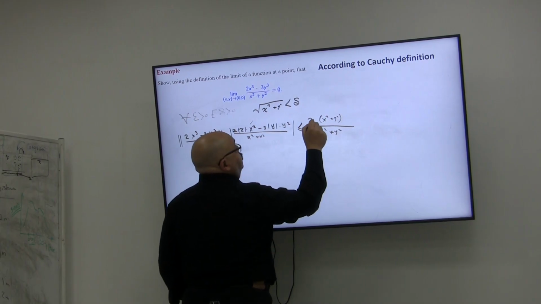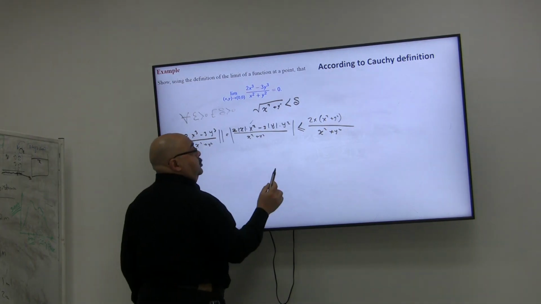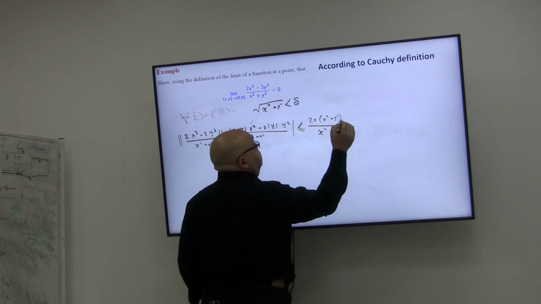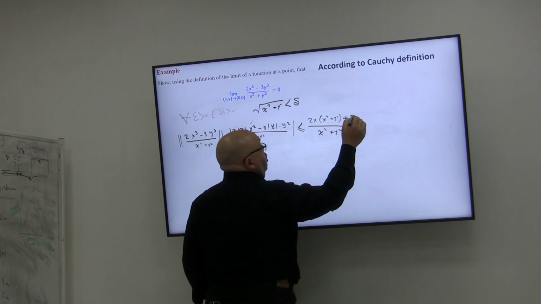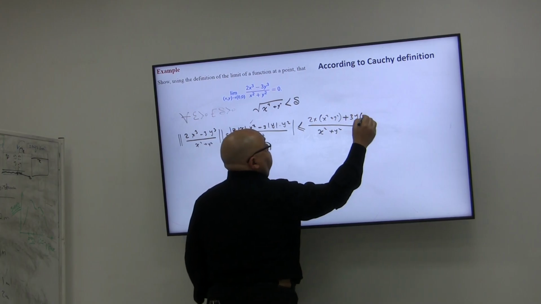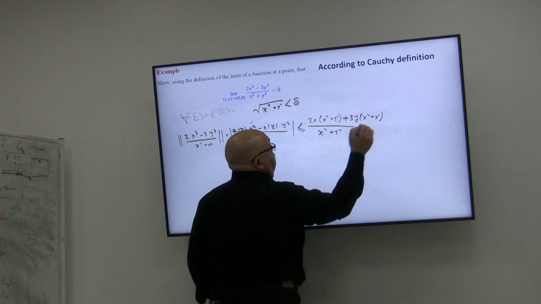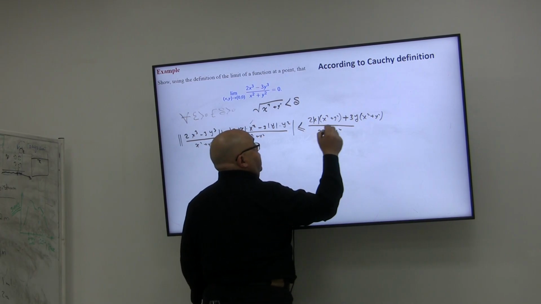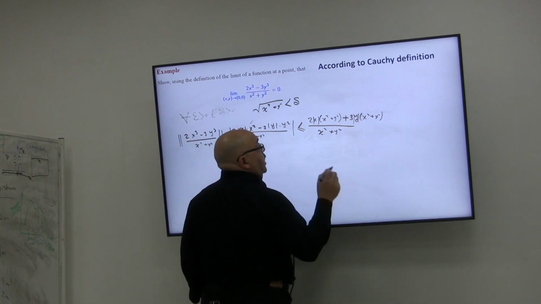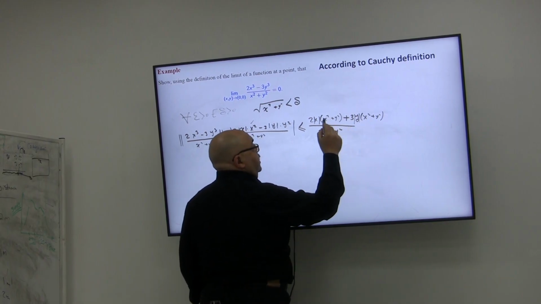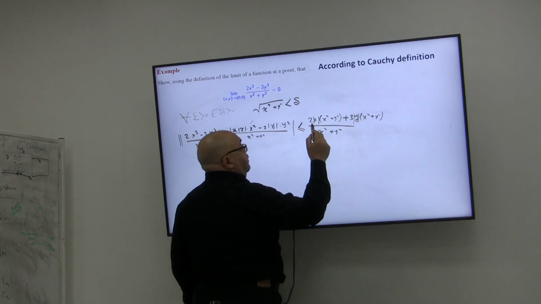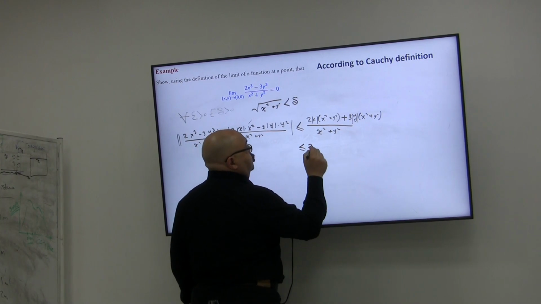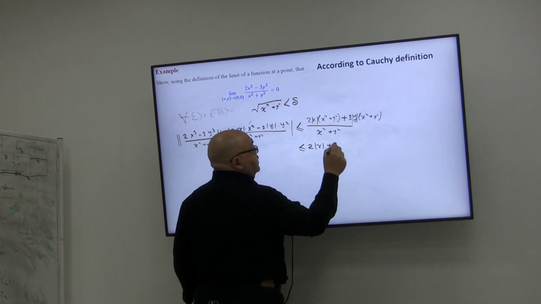In the numerator, I will change x squared to x squared plus y squared. I will have 2 of absolute x. Since I have an absolute value, negative 3 will also be bounded by plus 3 of absolute y times x squared plus y squared. Of course, I still have the absolute values of x and y. In this case, I can take x squared plus y squared as a common factor in the numerator and cancel it with the denominator. Now I ended up having 2 absolute of x plus 3 absolute